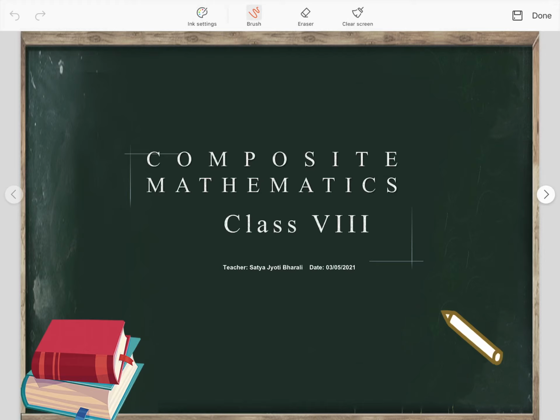So the last unit is data handling. Data handling means statistics, graphs, representation of data, probability, and some playing with numbers. Okay, so first we are going to start your first chapter, that is rational numbers. And you are going to take out your copies, you will take notes wherever necessary.